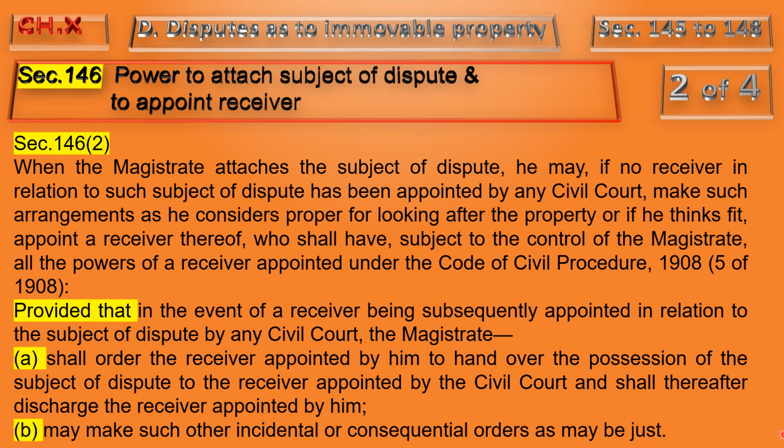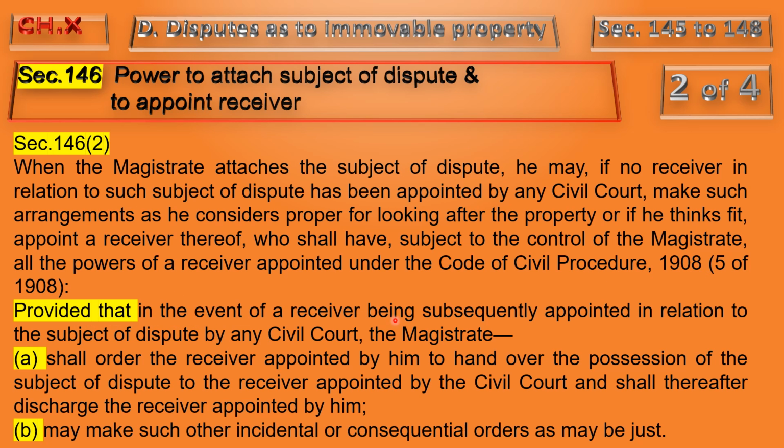Next, subsection 2 of section 146. When the magistrate attaches the subject of dispute, he may, if no receiver in relation to such subject of dispute has been appointed by any civil court, make such arrangements as he considers proper for looking after the property, or if he thinks fit, appoint a receiver thereof, who shall have, subject to the control of the magistrate, all the powers of a receiver appointed under the Code of Civil Procedure 1908, provided that in the event of a receiver